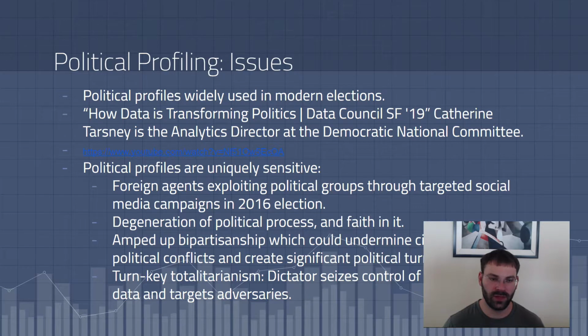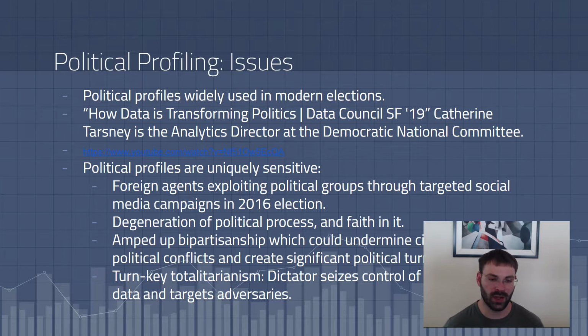And I believe that this is a legitimate thing to do, personally. And I think that this ought to continue. However, political profiling is a very sensitive area because it poses risks to the fundamental building blocks of how democracy works. For example,